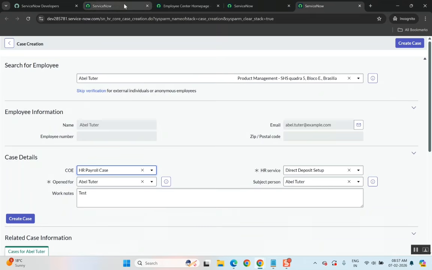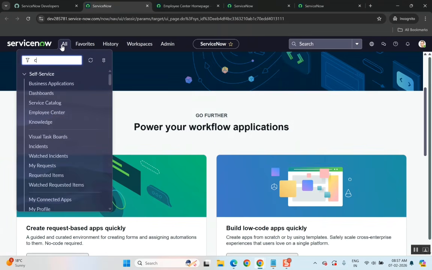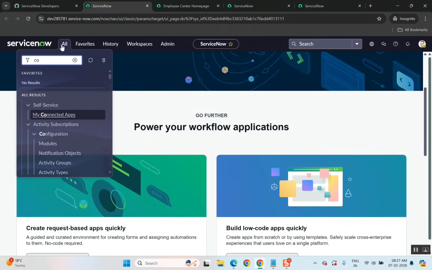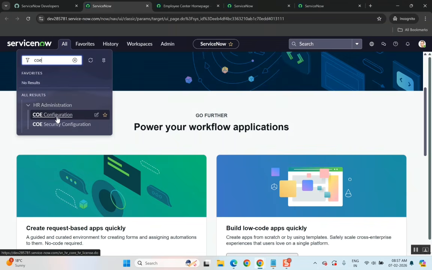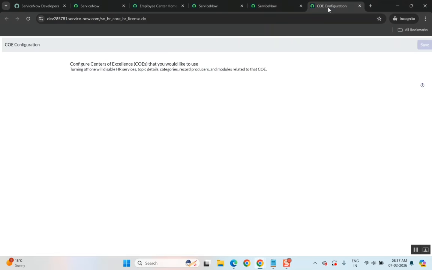ServiceNow provides nearly 9 or 10 tables. But here I'll show you the COE configuration. If you go to COE configuration,